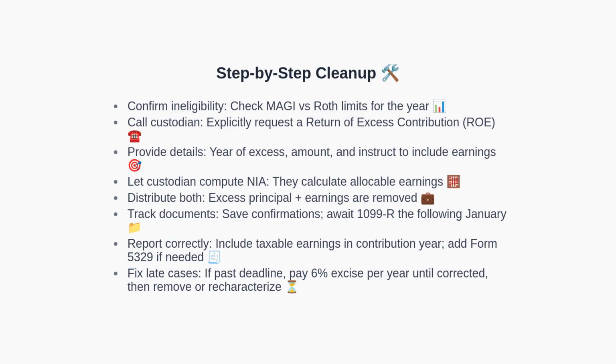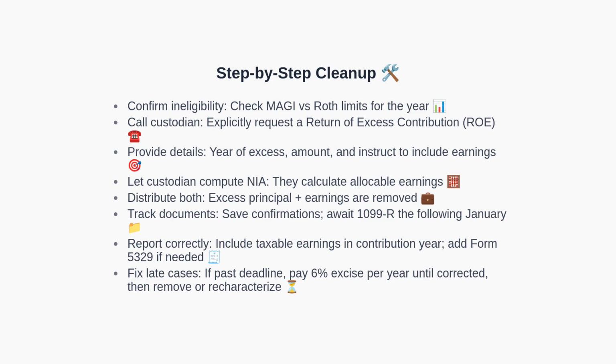Subsequently, report the earnings as taxable in the year of the contribution and include Form 5329 if the 6% excise or other penalties apply. If you are past the deadline, calculate the excise tax for each year the excess remained and correct it by removal or recharacterization. Now that you know how to fix it, let's contrast a standard withdrawal with a proper return